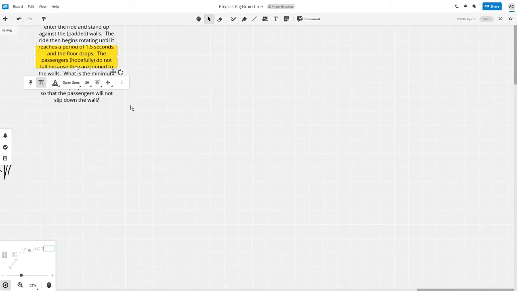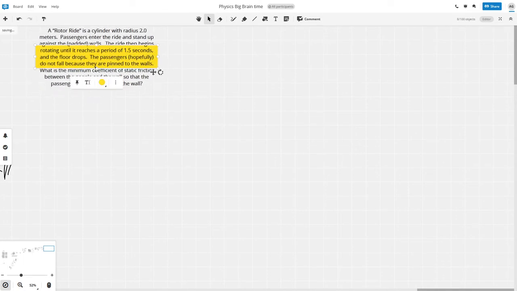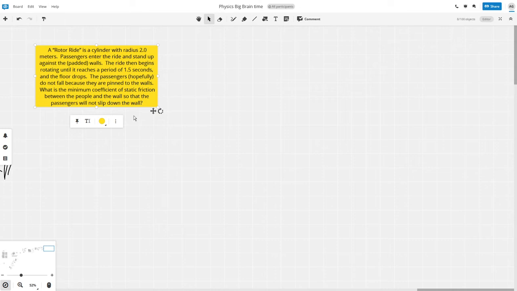Yeah. So with a problem like this, the important thing to do is to take out of this what you can, because this is really like three different problems. It's using three different concepts in one. From the beginning you can see that you have a radius, and a period, so you know it's going to be circular motion. And then you have do not fall, because they're pinned to the wall. So you're like, okay, there's friction happening here, and it says static friction right here. So you know that you're going to be solving friction with